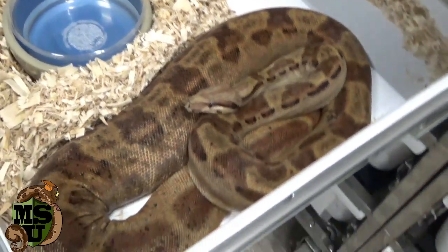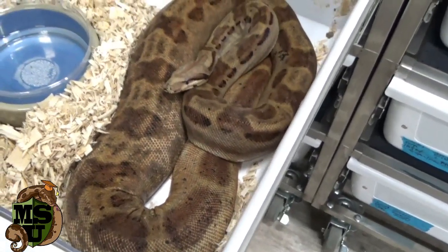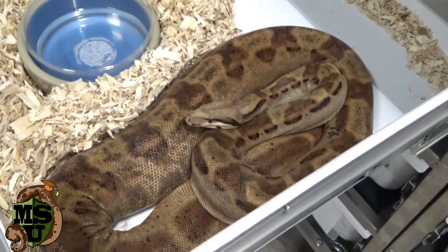And then they just have the best color. Oh my God, the best color. I can't believe some of the ones I've seen now. What did you breed her to? I bred her to